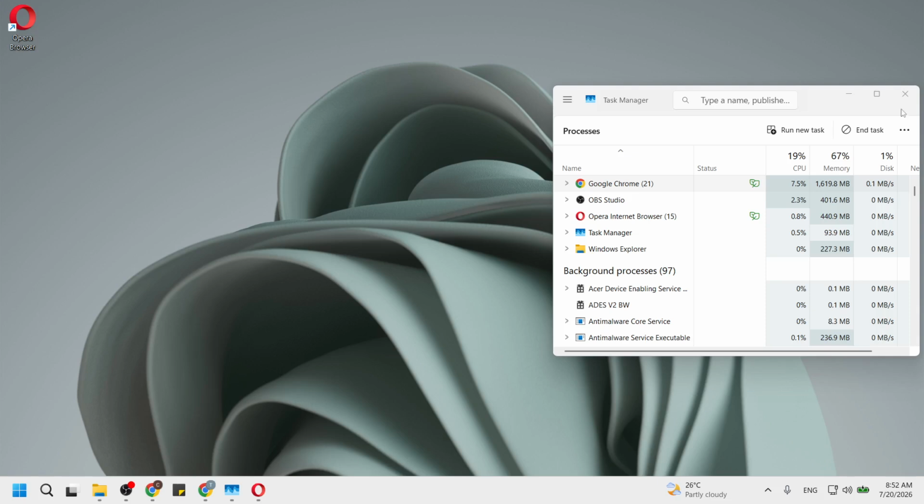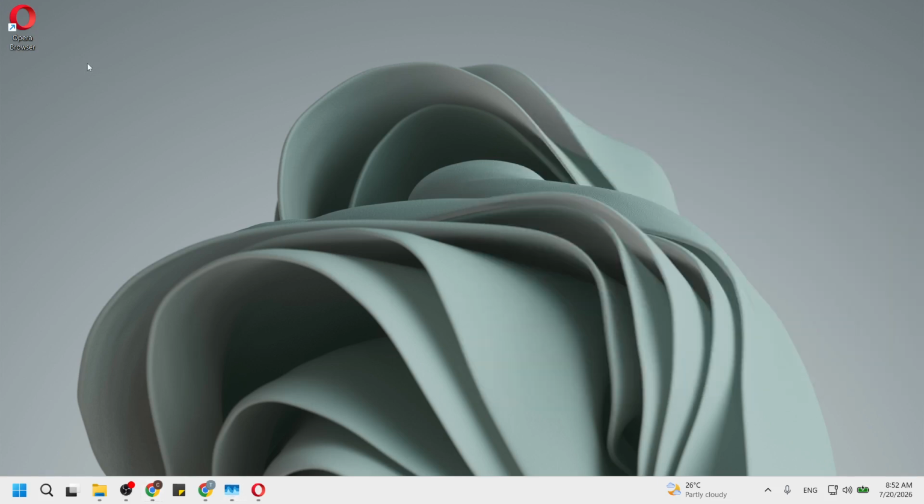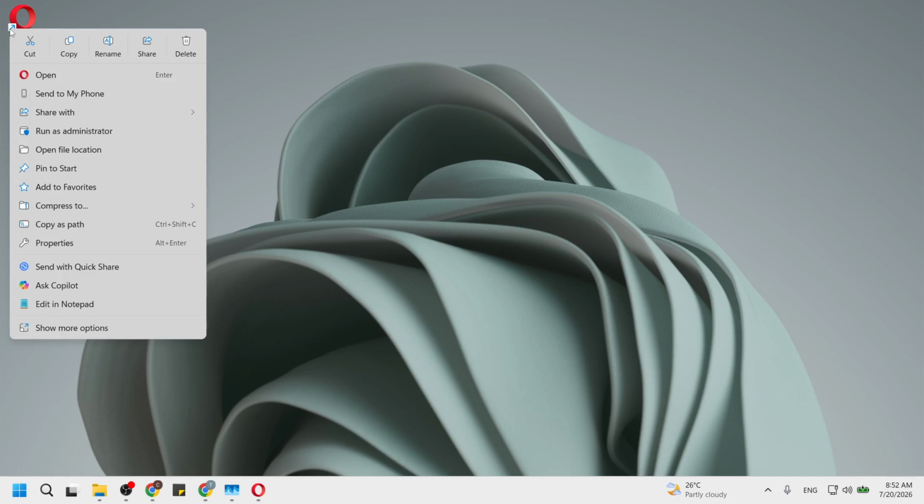Another option is to right-click your desktop Opera shortcut icon. This method provides a different approach to launching the browser. Sometimes, simply accessing the shortcut directly can bypass underlying issues you might not see in Task Manager. It's a straightforward step, but one that can make a difference in how the application behaves upon launching.